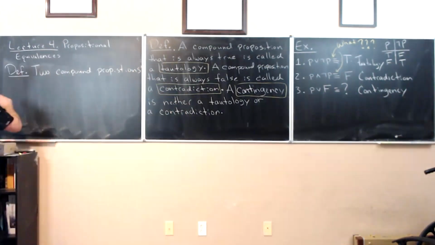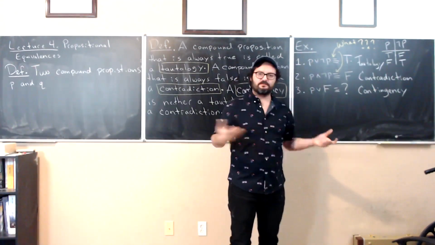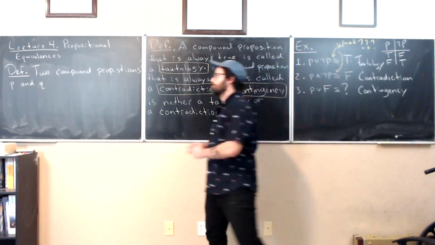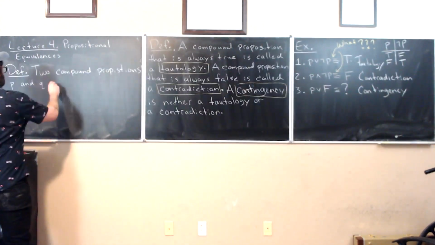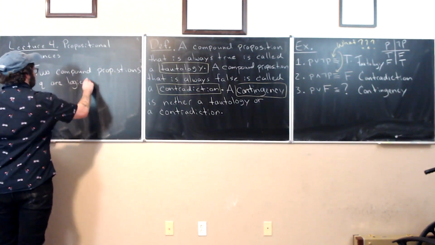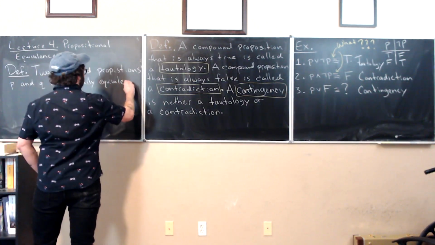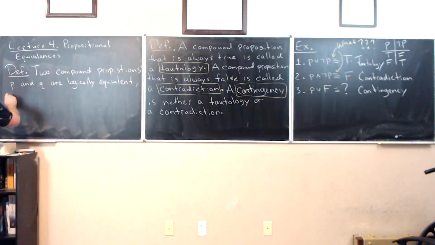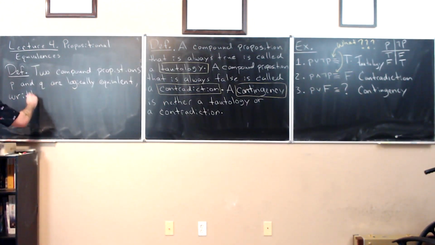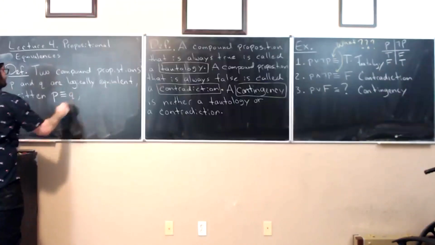I'll use the letters P and Q to denote them. Right, so I'm writing a single letter P and a single letter Q, but I mean that those are like some type of compound proposition, okay? So two compound propositions, P and Q, are logically equivalent, written P triple equals Q